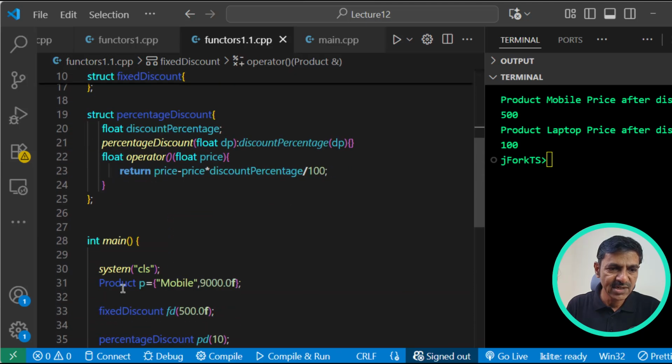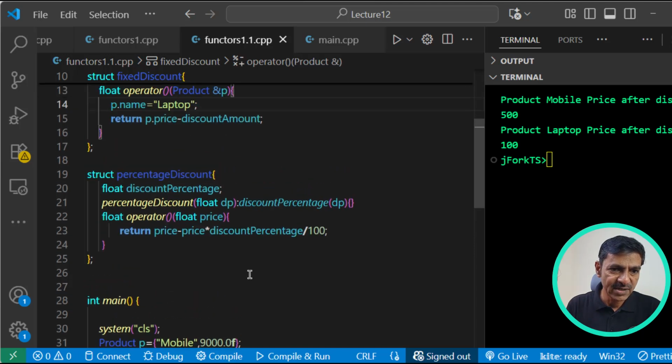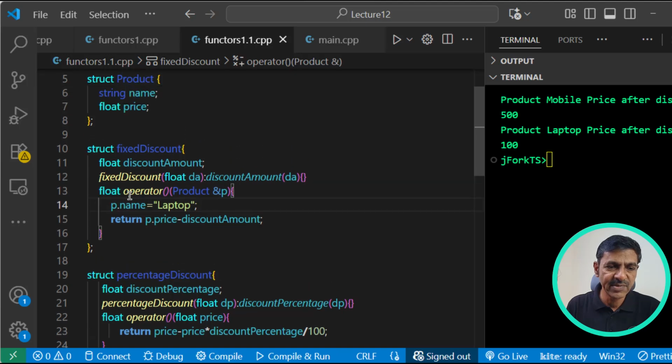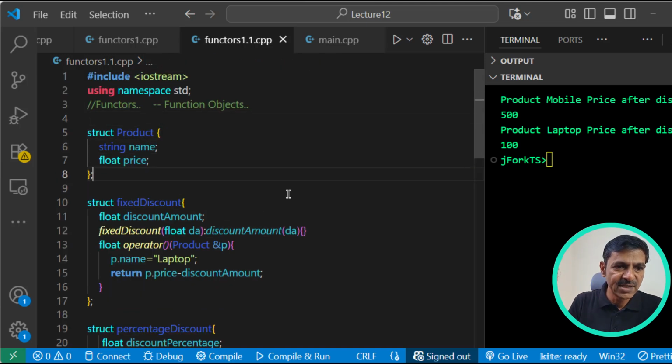Because you are creating one object, fixed discount is a structure and FD is a structure variable. This structure variable FD is called functor, and the functor definition which you do here contains one member function, which is called the operator. Just give a try. Just get acquainted with the syntax and